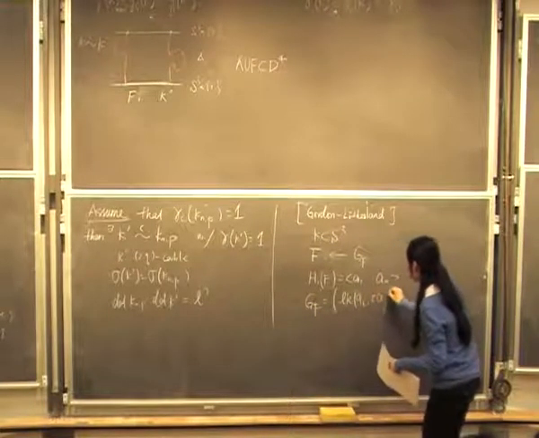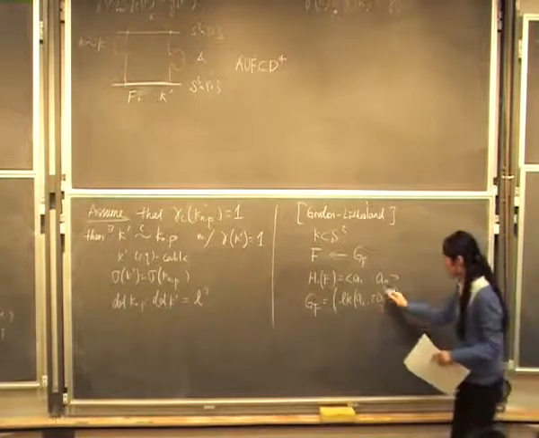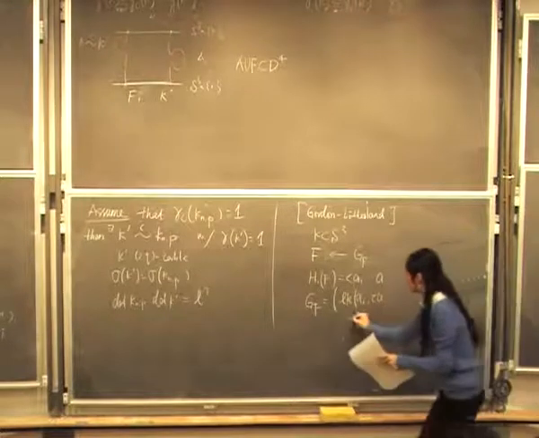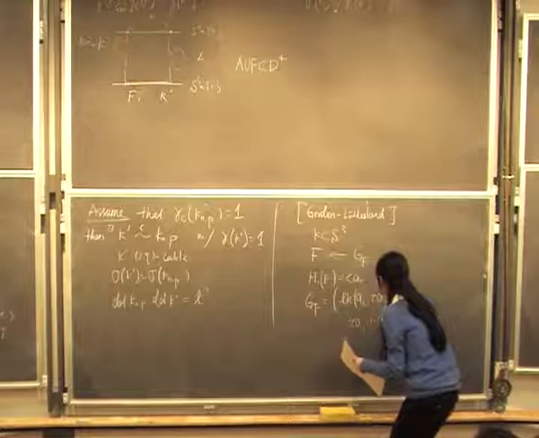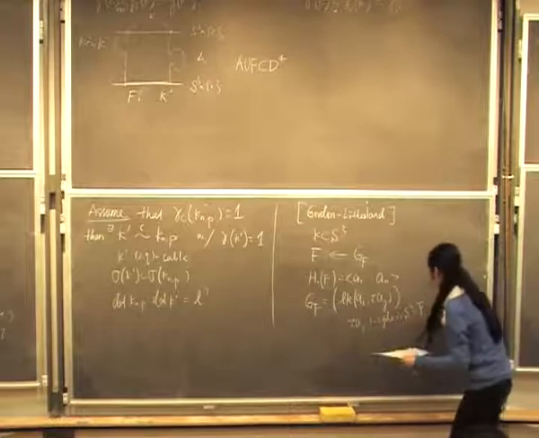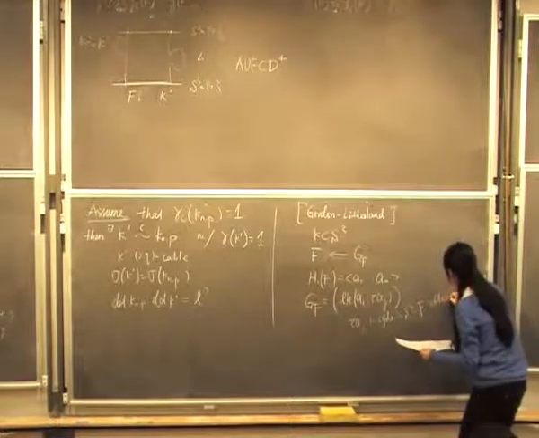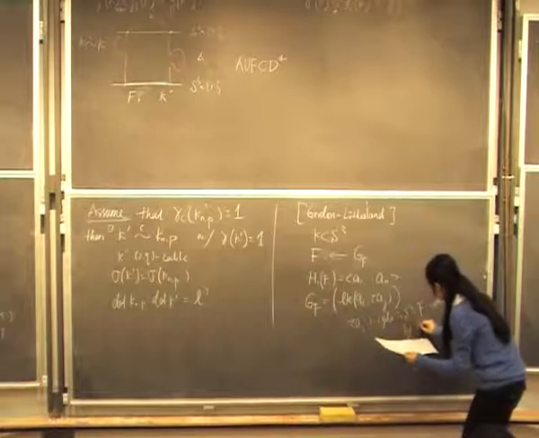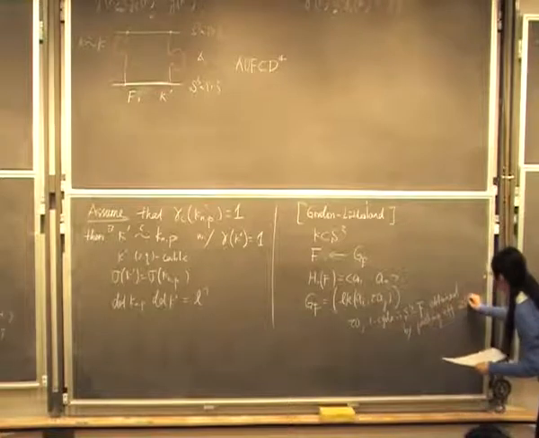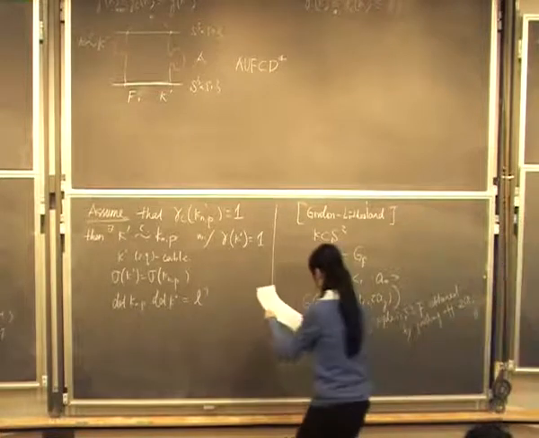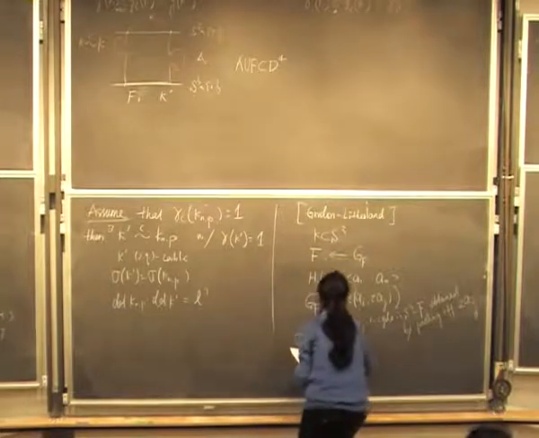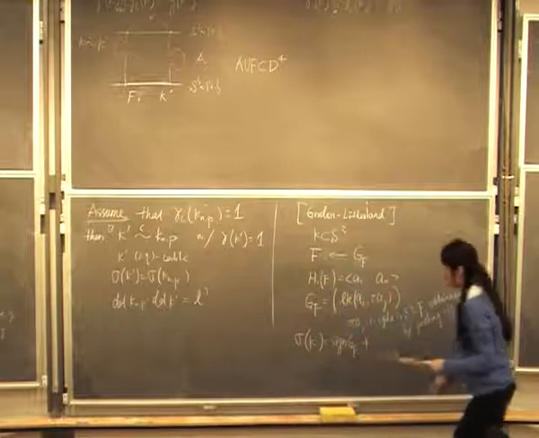This is the linking number of tau a_i and a_j. And tau a_i is one cycle in S^3 minus F obtained by pushing a_i off of F. And then we know that sigma of K is the signature of this Gauss matrix plus a correction term,